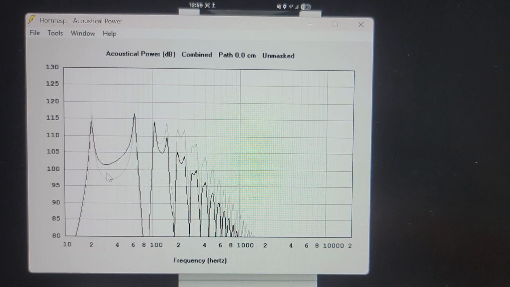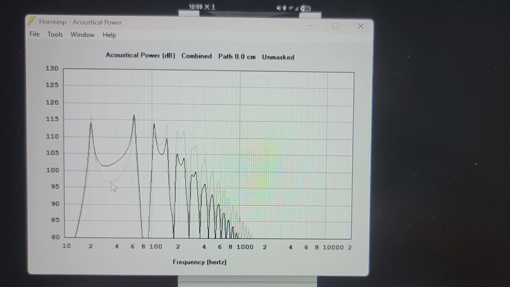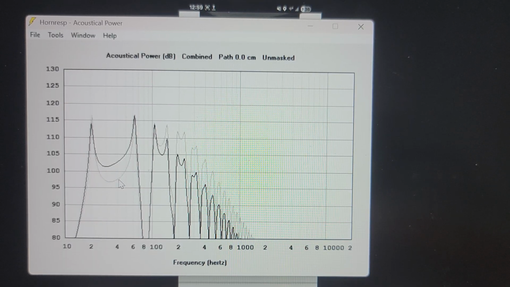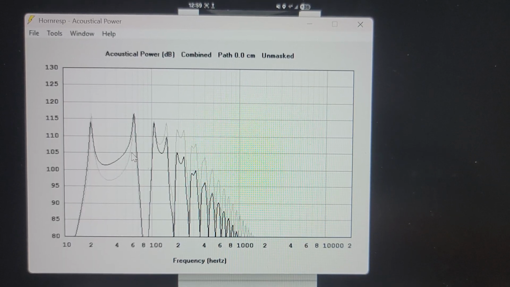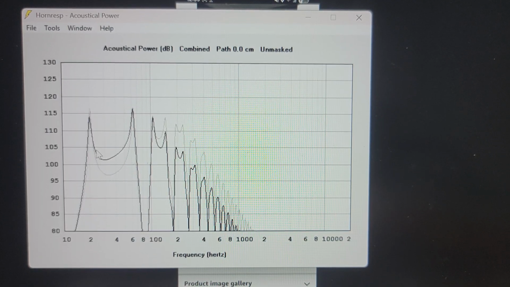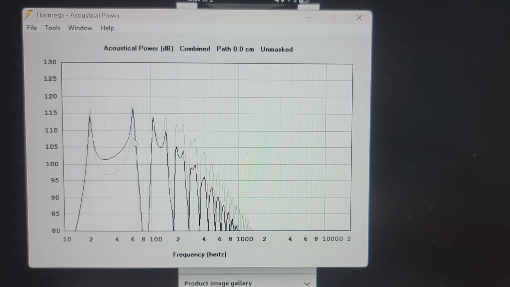I don't know if you can see that, guys, but see this gray line here? That was when our BL was higher. So when we had a super ultra neo whatever magnet, it actually made our curve a little bit worse when it comes to our mid area, mid tuning. But on the upper range,